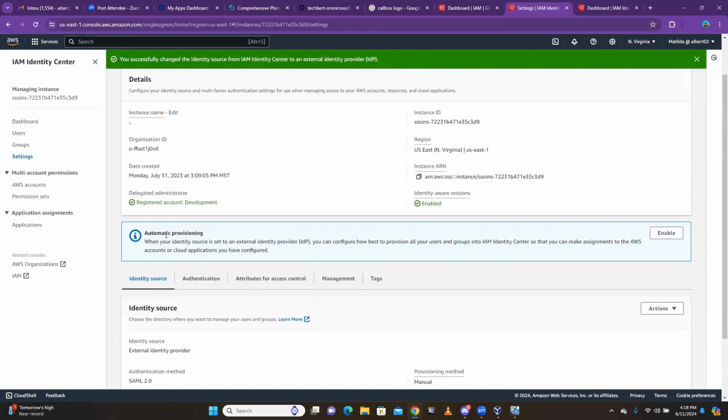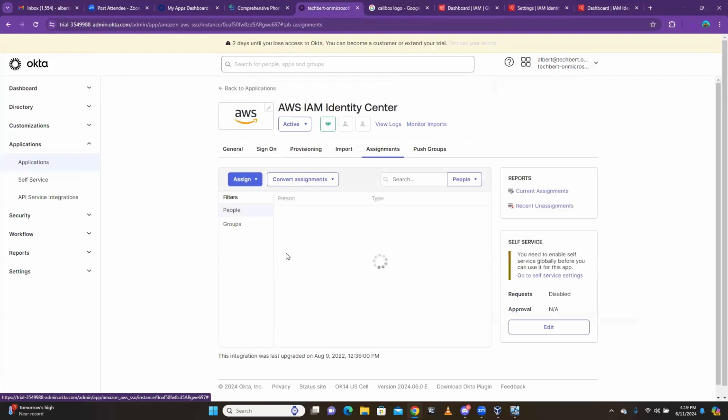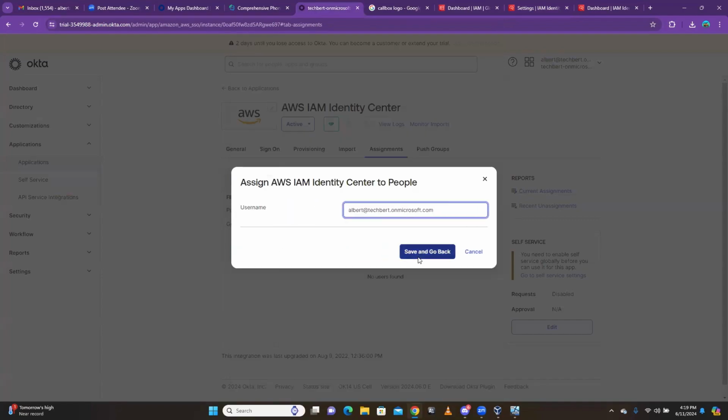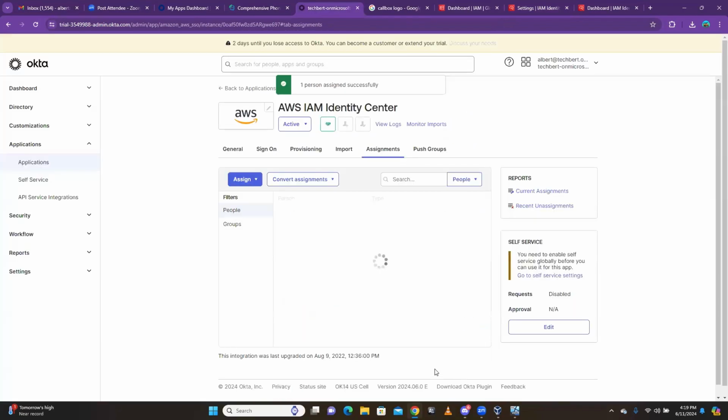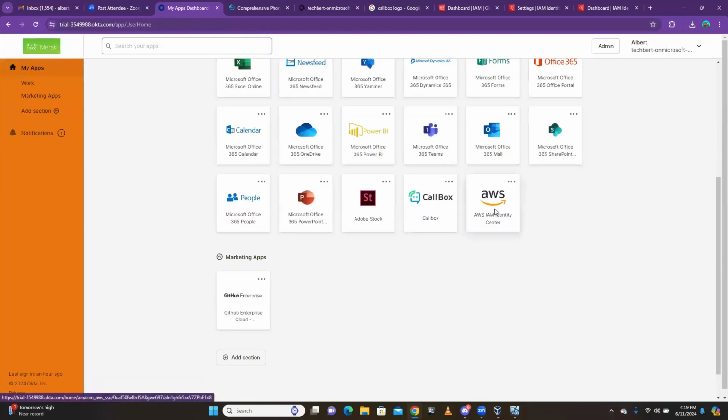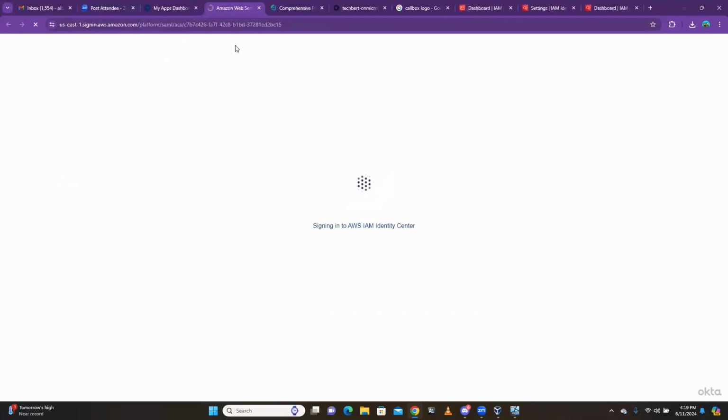But when you look at here, it says automatic provisioning. So this is what we are also going to look at. Currently, we've learned how to set up, how to do SAML integration, how to assign applications. And I taught you how to do provisioning. So the main reason why we are doing this is even the provisioning aspect. Right now, if I go ahead here and assign the application to myself, it will not work. Sorry, it will work. But if I come to my apps right now, and then I refresh the page, right? I definitely will have to receive